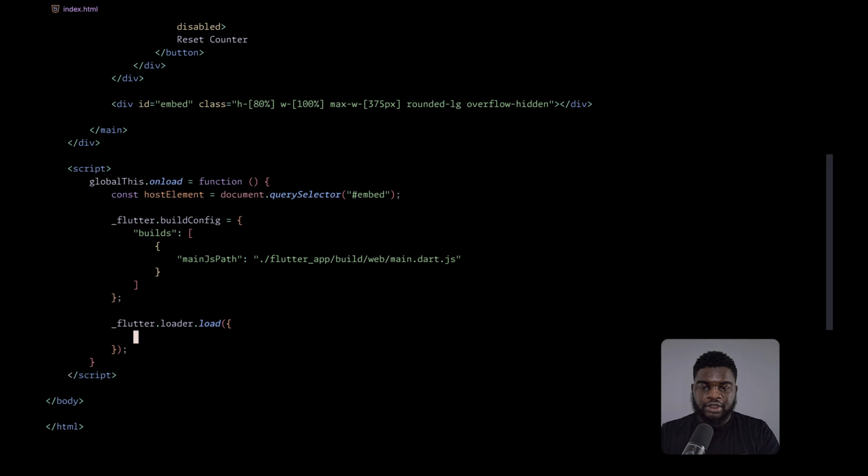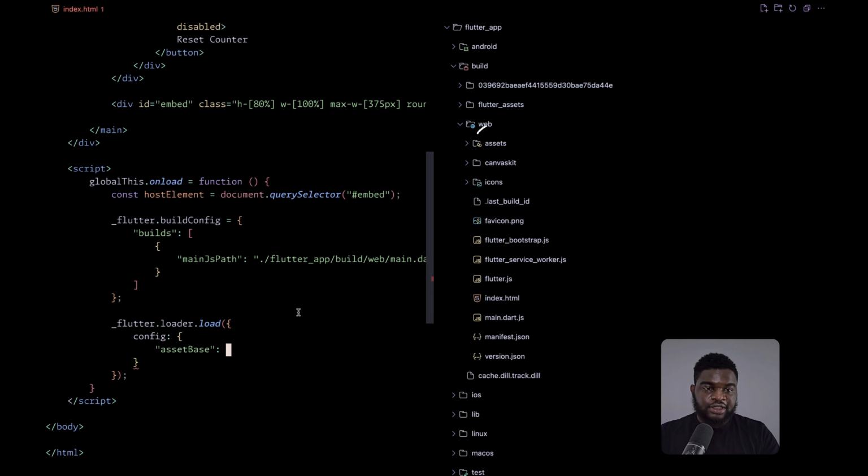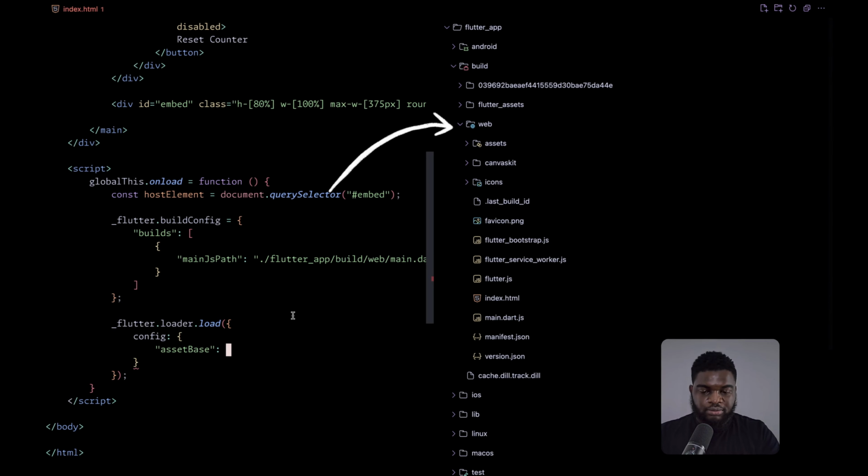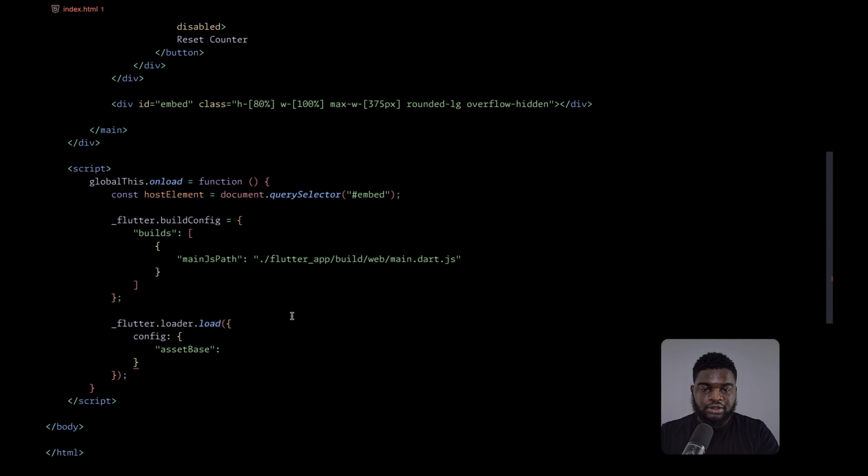So we'll pass it an object that takes a config parameter, which is an object. And the first thing we pass it is the assetBase. So the asset base is the base path for the assets, which is the web folder. So we'll have it as this flutter_app/build/web.